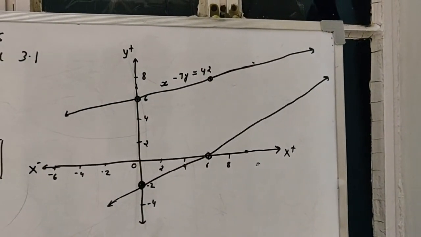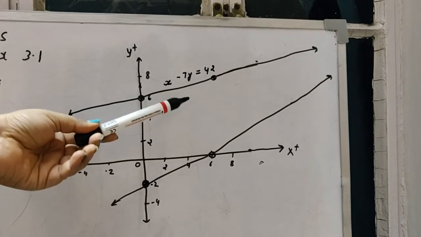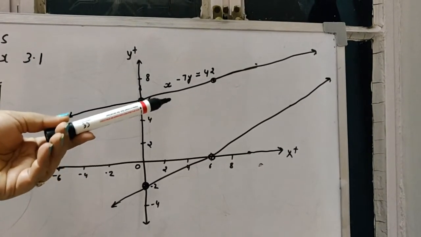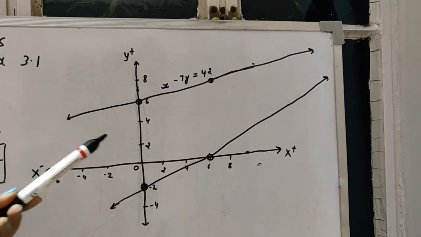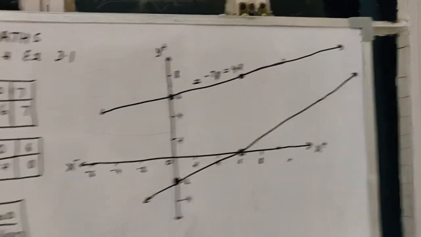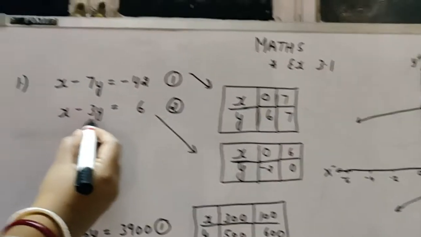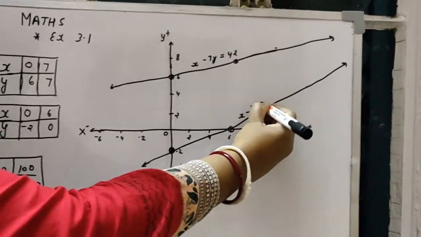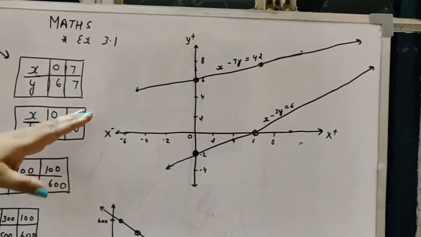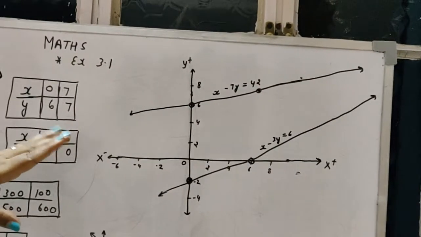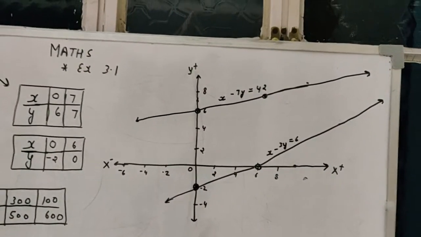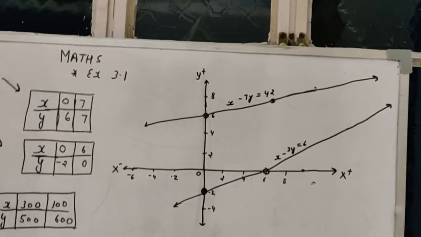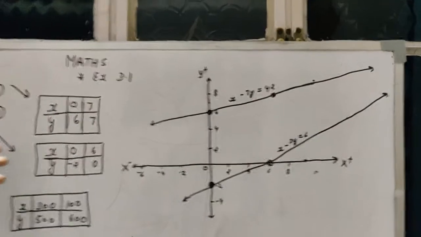Naturally, wherever the lines intersect, that point is going to be the solution. Okay, so you have represented this graphically. As I told you, for the second line also you can write x minus 3y is equal to 6, very small, like this. Do the layering properly, and you have to be very neat in your work. As I told you, 100% you get a question on graph, and it will be either 3 marks or 4 marks.